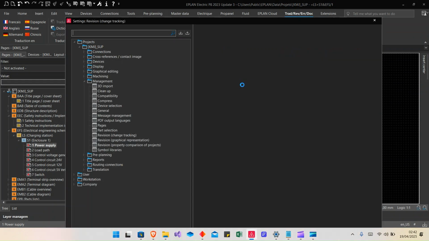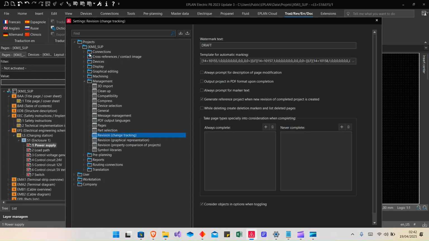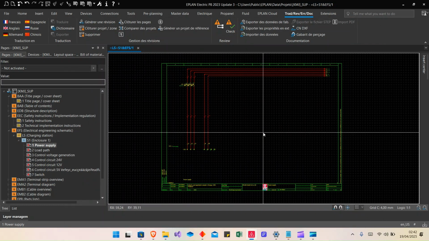Go to settings and you can find it in your project management, revision, change tracking, and here you can see the watermark text. With watermark text you can put anything that you want. For me it's draft, but you can put another text. After that you can come back, and if you're using the revision system of Eplan, a